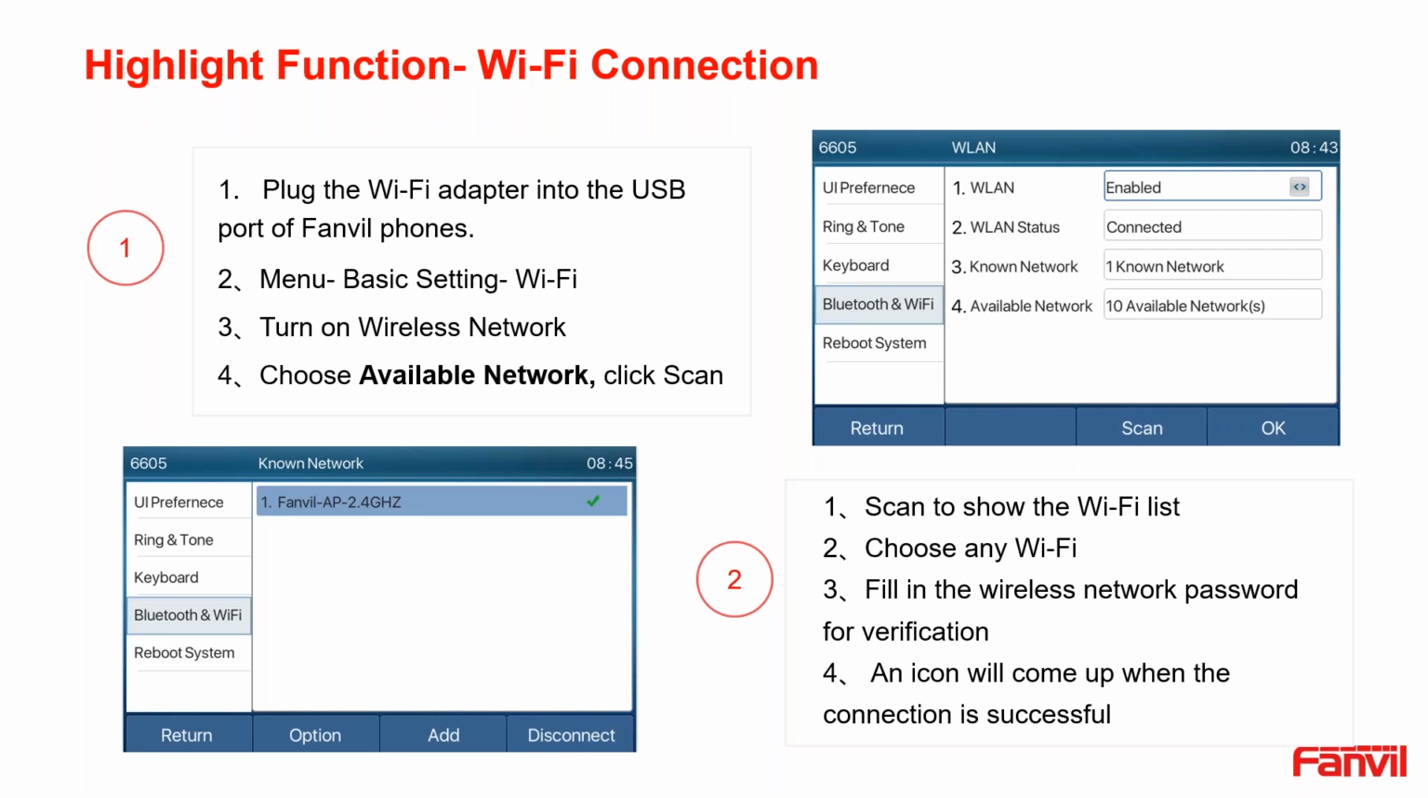The Wi-Fi connection is very easy to use. You just need to get the Wi-Fi adapter, which is provided by Fanvil. We define the model as WF20, which is also the abbreviation for Wi-Fi 20. After you get the Wi-Fi adapter, or you can call it a Wi-Fi USB dongle, you need to insert it into